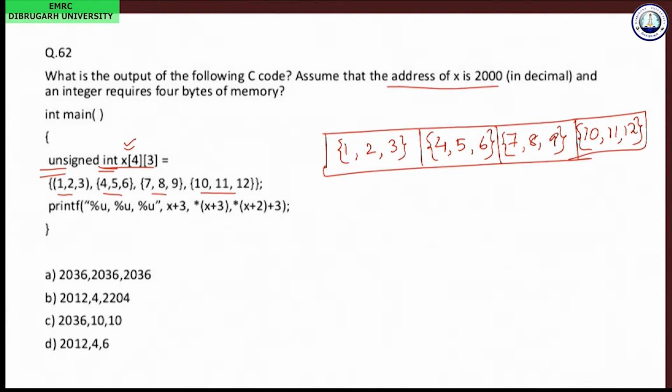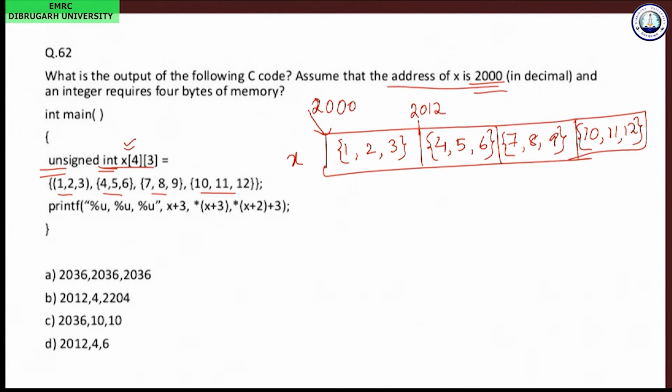As it is mentioned that it starts from here, it is as it is in x, so it will start from this location, and this is your 2000. Next this will be 2012.